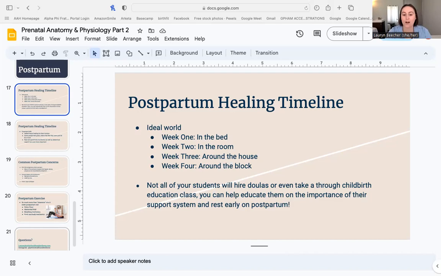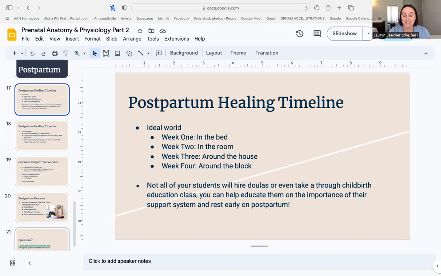So when we talk about that first month or so postpartum, ideally that first week, you are working on co-regulating. So you are in the bed or on the couch, spending time with baby. They have spent their entire life hearing your heartbeat, feeling your warmth, hearing your voice. So for many babies, being separated is very challenging. Of course, there are those exceptions, the baby who is just set in their bassinet and just wants to be left to their own devices. But even if that's the case, taking that time to slow down and rest.